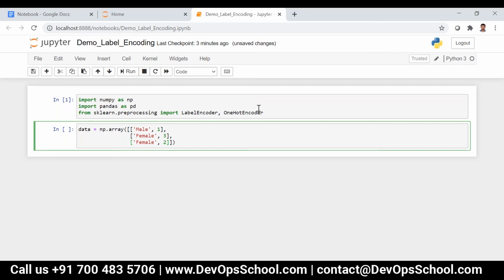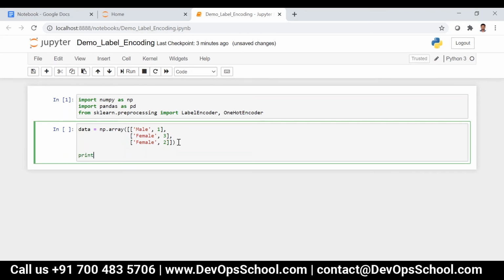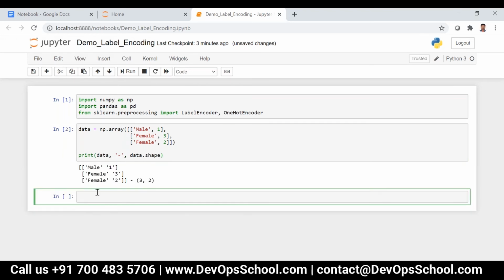But now over here, consider I'm just writing data.shape. Now you have something like this. So now what we are going to do is the label encoding first.